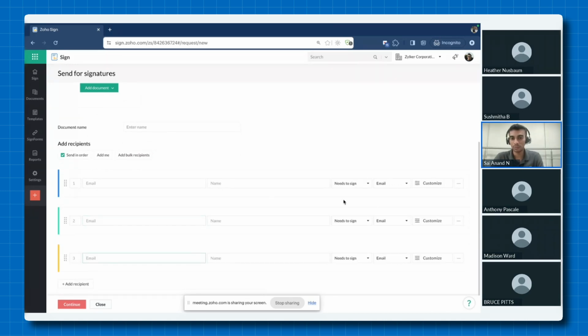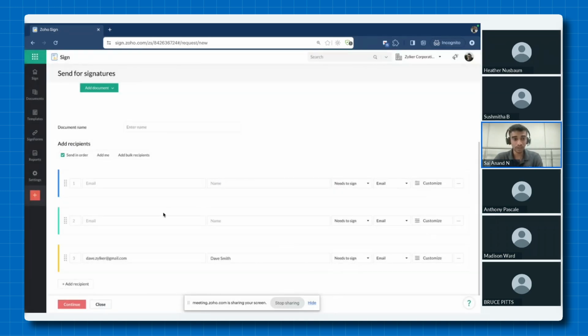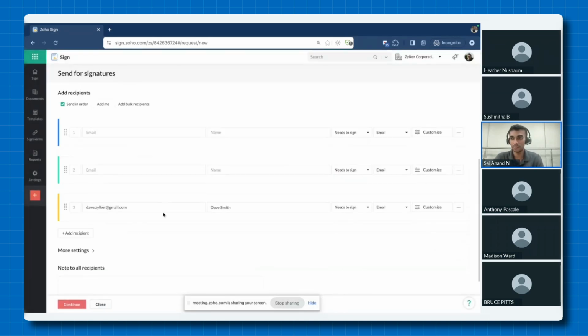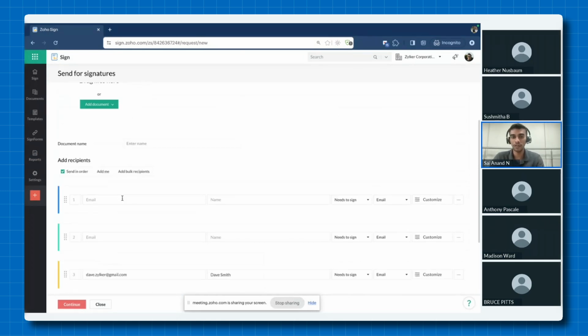I can specify the recipient details. I can even go ahead and customize things further inside for each recipient by adding a private note, authentication, choosing which provider they can use, and so on. But this is the very basic workflow construction process that you would do for every document that you need to